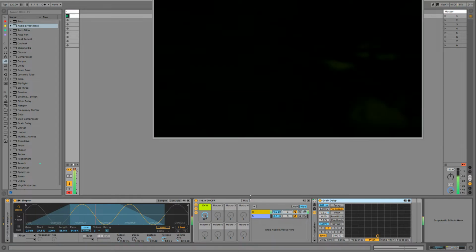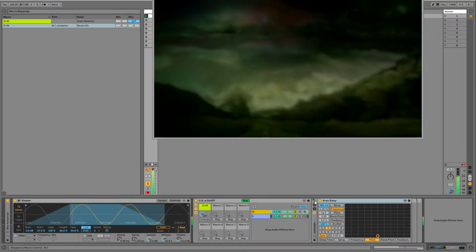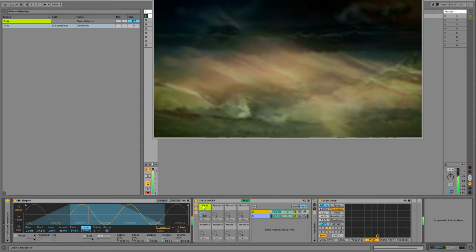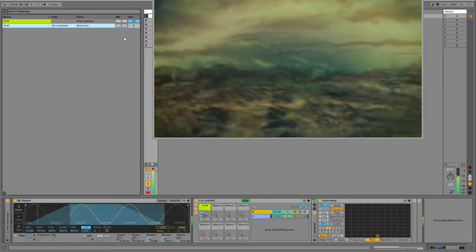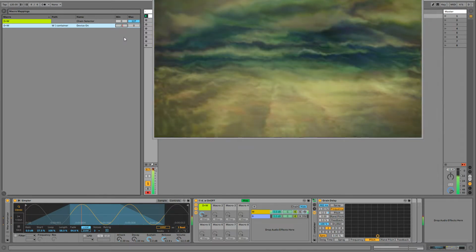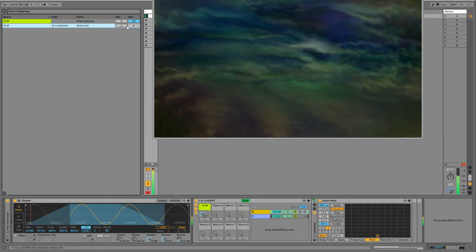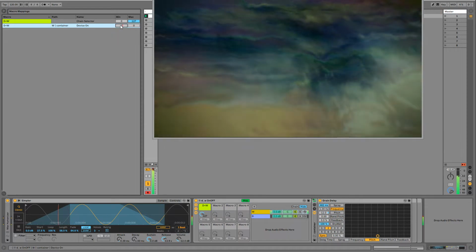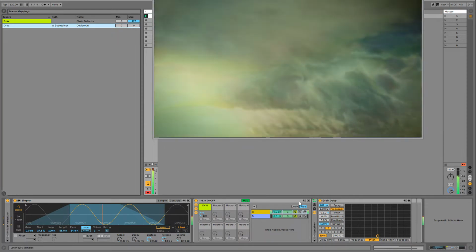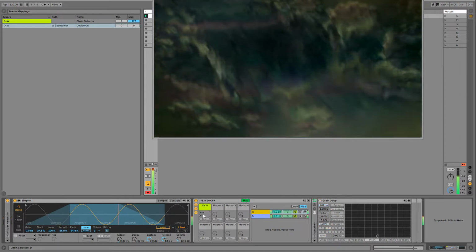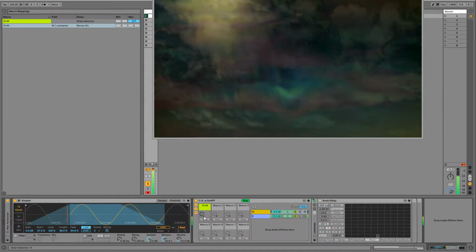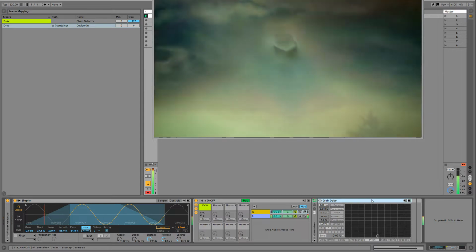I mapped the on and off of this container to the wet and dry. As you can see here, it says 0, 0, but basically I typed in 0.1 for the min, which seems counterintuitive. Why would you have the min higher than the max? But for whatever reason, that works here, so that when I pull this knob down to 0, you see this effect in here shuts off.